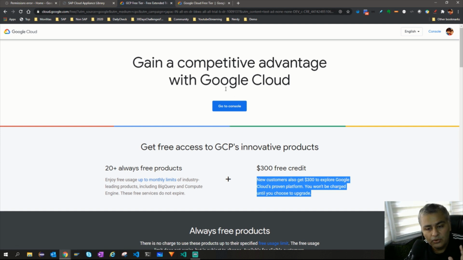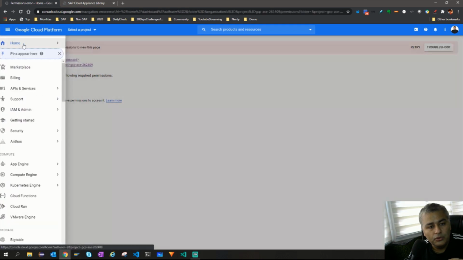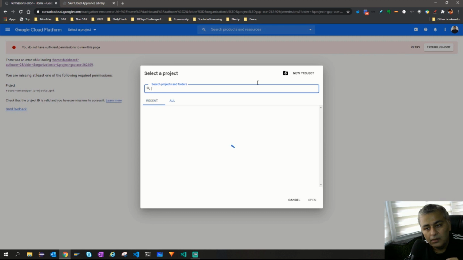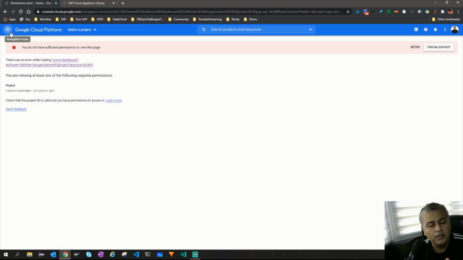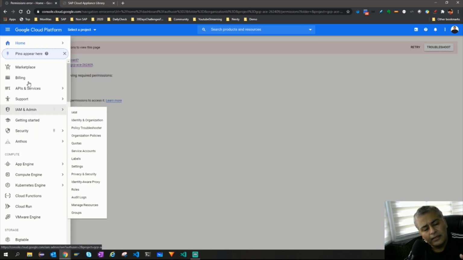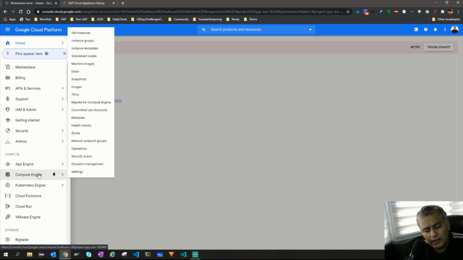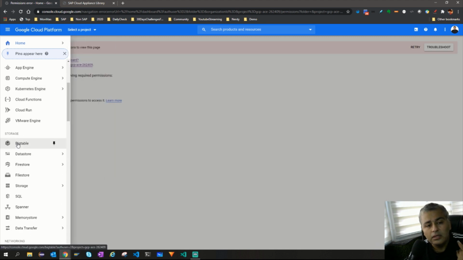Okay, so let's assume you have created an account on Google Cloud and you go to its console. So how does the console look like? This is how the console looks. Maybe I'll need to create a project, I'll talk about it. Google Cloud is the place that contains everything. It contains your virtual instances, virtual machines that you will be running. It contains your Kubernetes engine and different cloud functions like we have in our own SAP Cloud Platform.